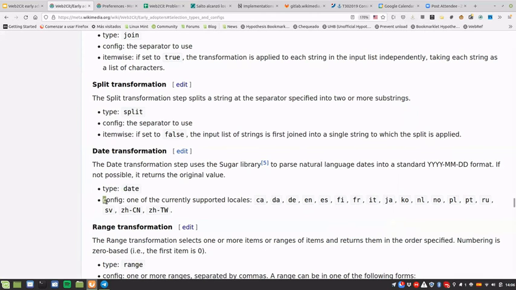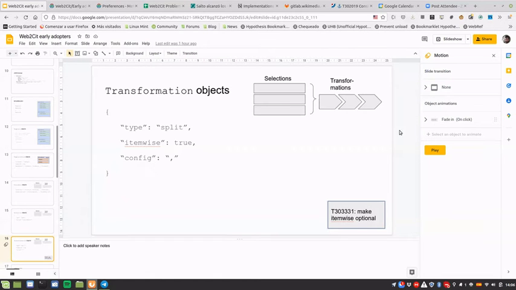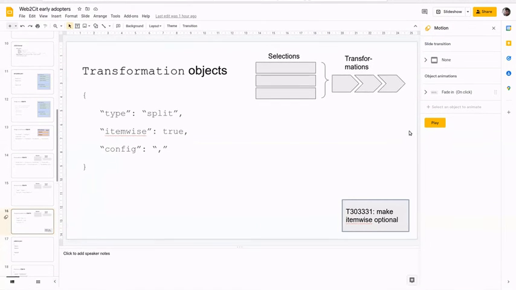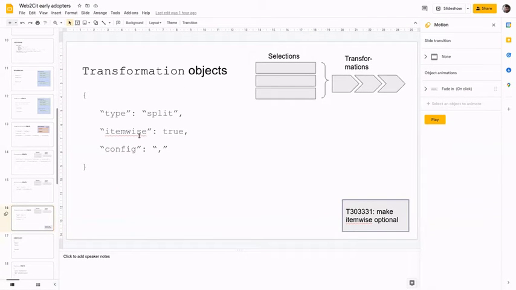And here are the possible configuration values. So again, if we want to use Spanish for locale, then this is the value that I have to write in the configuration value of the transformation step. And finally, the field that is extra in the transformation step, which was not available in the selection step, is